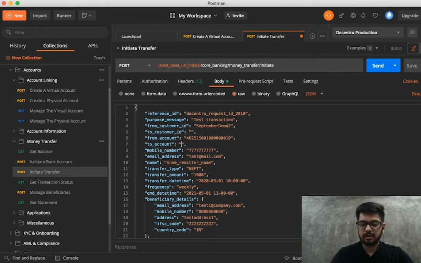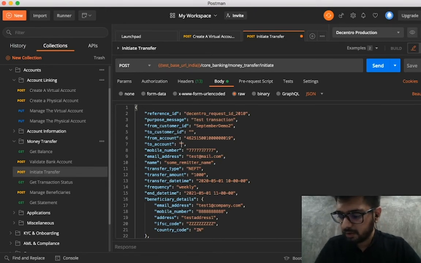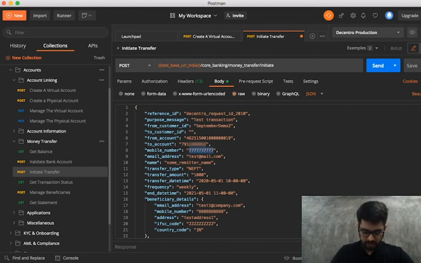Now I'm going to enter my actual bank account number, and I've got it. So my account number is... Now I'm going to enter my mobile number, and my email ID as well.